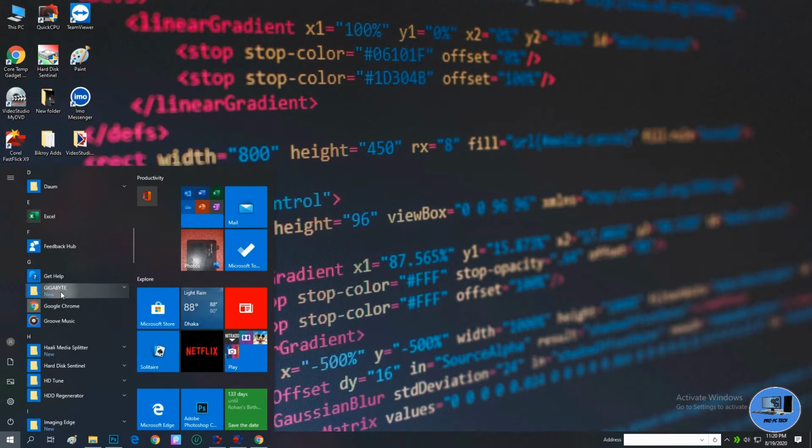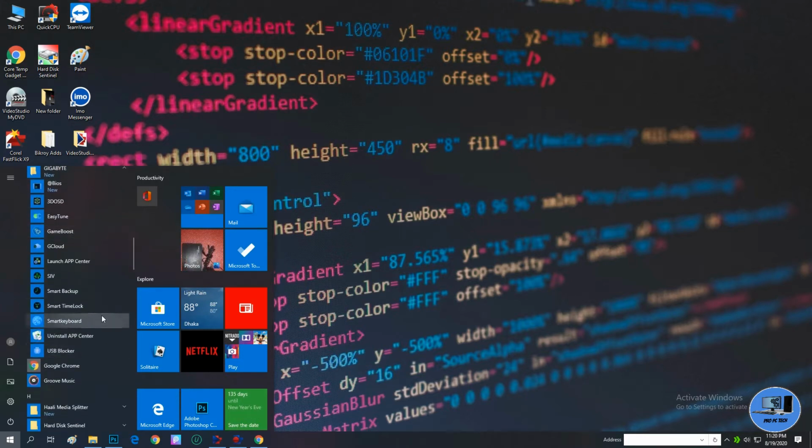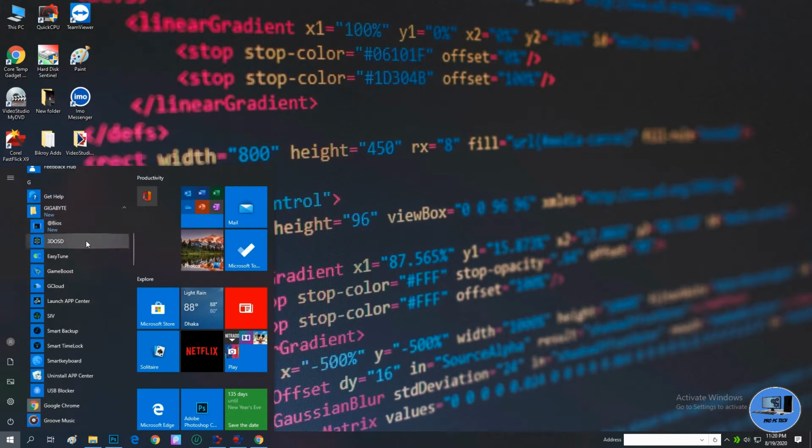Here it is, and I'm going to click over it, and as you can see there are lots of features here like BIOS, 3D OSD, EasyTune, Game Boost, G Cloud, Launch App Center, SIV, Smart Backup, Smart Time Clock, Smart Keyboard, Uninstall App Center, USB Blocker. But today I'm just going to talk about EasyTune and the App Center.